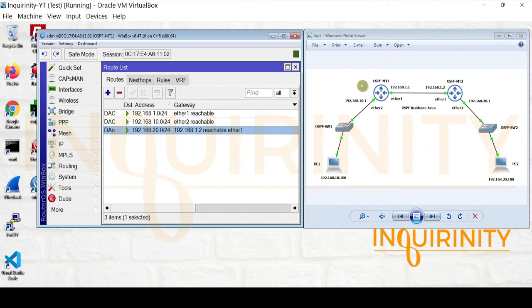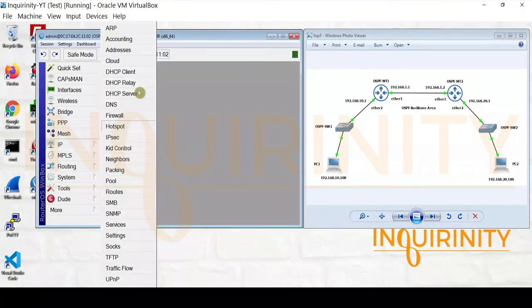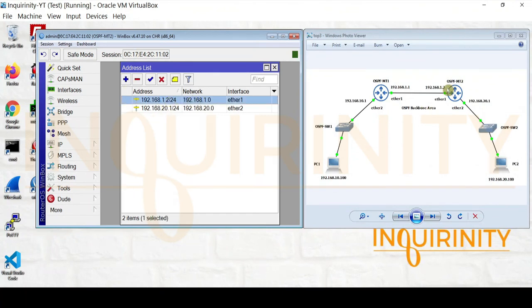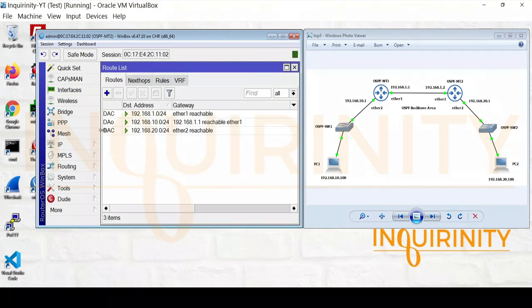So it knows the 192.168.10 network, but now it knows how to go to the 192.168.20 network. If you check on OSPF MT2, under IP addresses, it has an IP 1.2 going to MT1, and it has a local area network 192.168.20.1. So it is also running a dynamic routing protocol, so expect under IP routes it has a dynamic active OSPF entry, and it knows how to go to